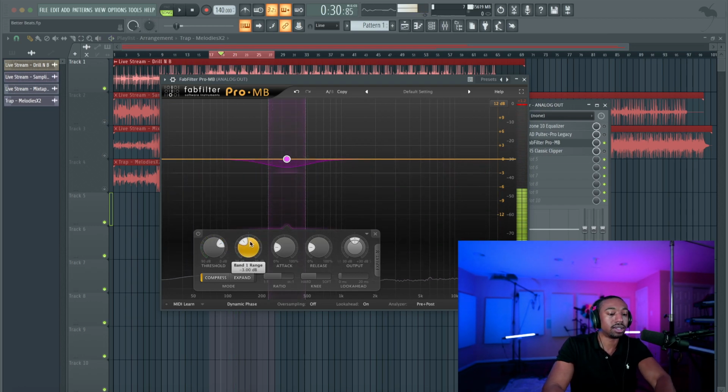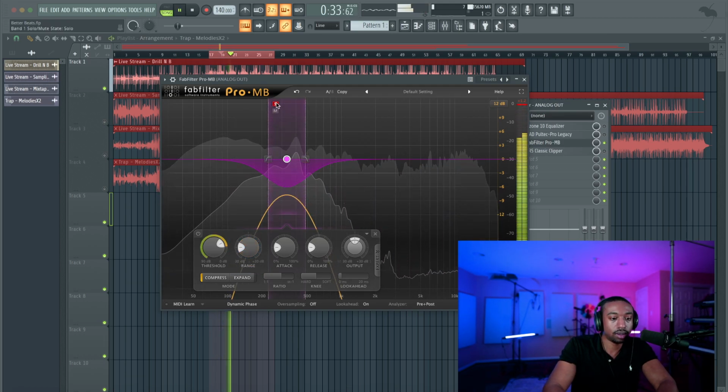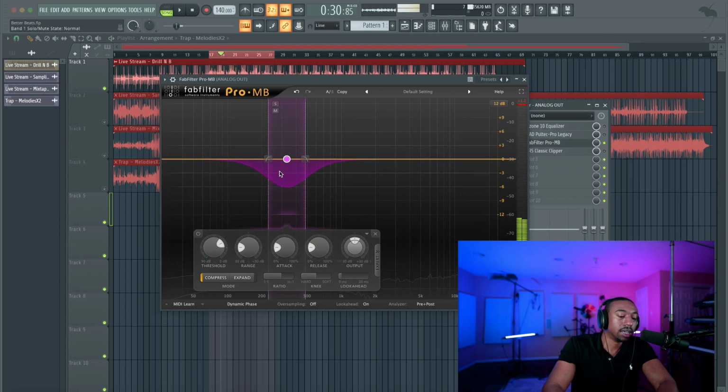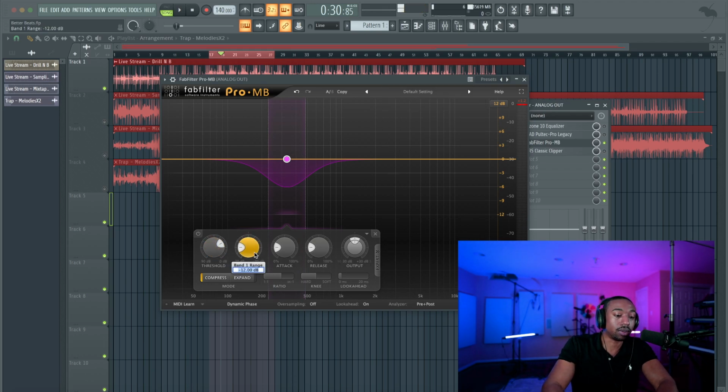Okay, so you might not hear this until I make it super dramatic. Let's make this super drastic so you can hear what's actually happening. So every time the song hits that frequency range and it hits above a certain point called a threshold, every time it trips that wire, this pulls it down with a maximum of 12 dB. In this case, let's pull this back to 3. So we're back in our range.